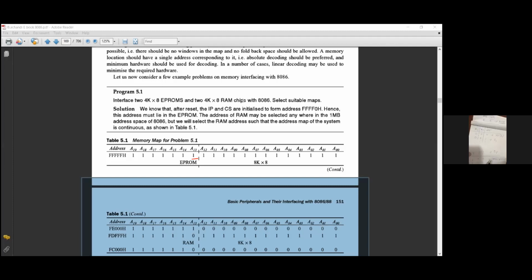Next, 0, 1. What is 0, 1? It means 1, 0. Low bank means even bank. Okay. Next, 1, 0 means odd bank. Just see 0, 1, it's the high bank. 0, 1, it's the high bank. I already explained to you.